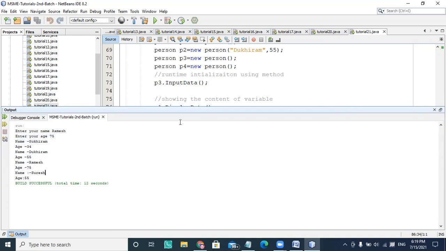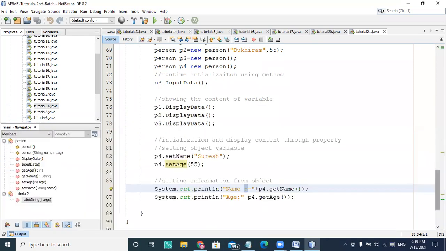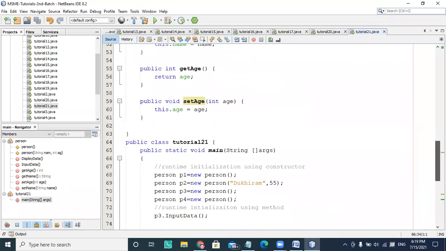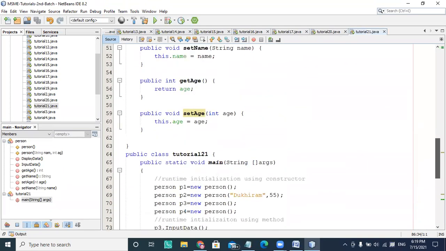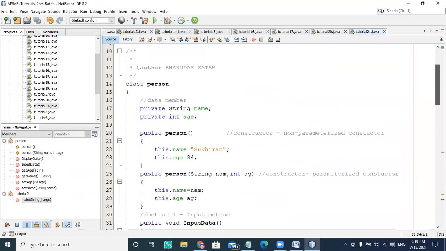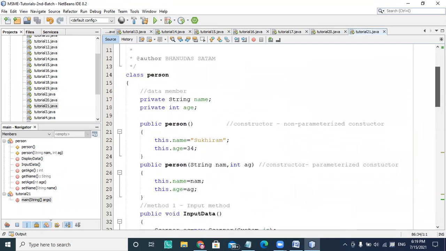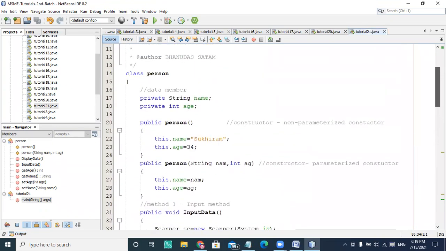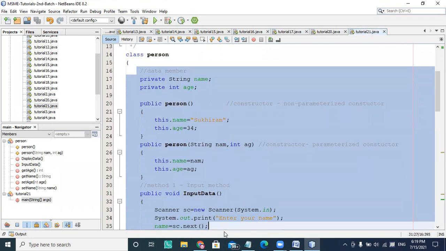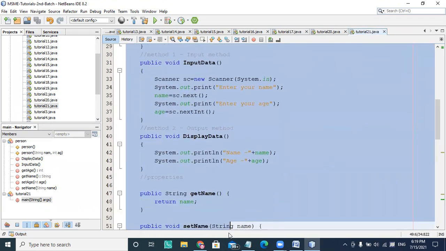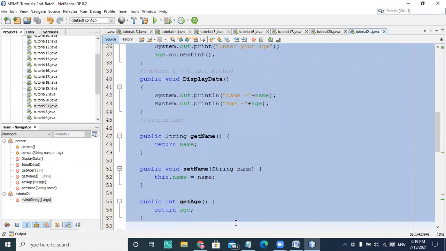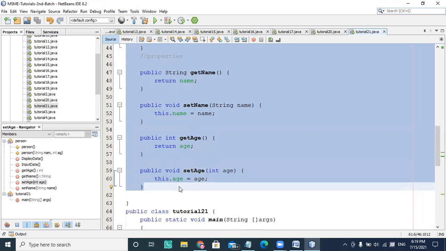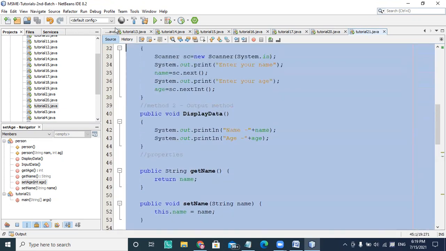Name, age. So whatever class you have defined, you can easily use those classes anywhere, and that class you can define outside the main class. Even that class also. So what I'm going to do, I'm just copying the content of that class, up to here, and copying this and deleting this entire class.